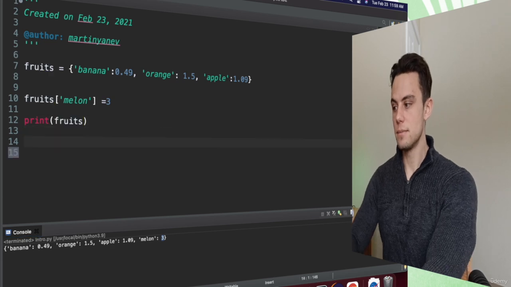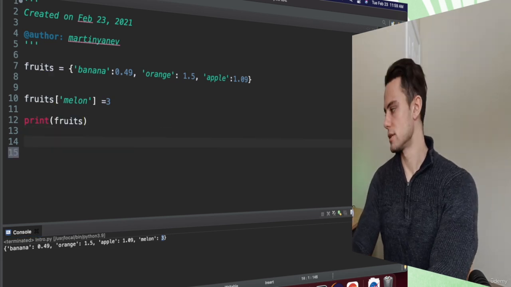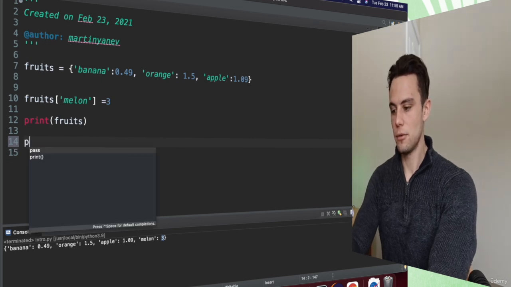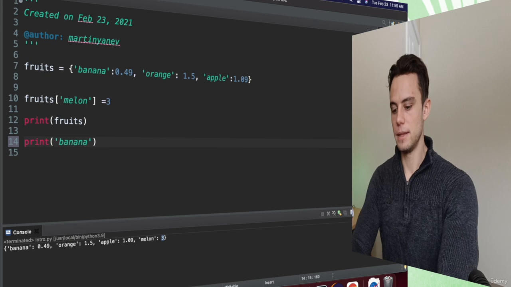And finally we can simply check if some item is in our dictionary. So let's check now if the banana is in our dictionary. If I write print and then banana in fruits, then I will simply